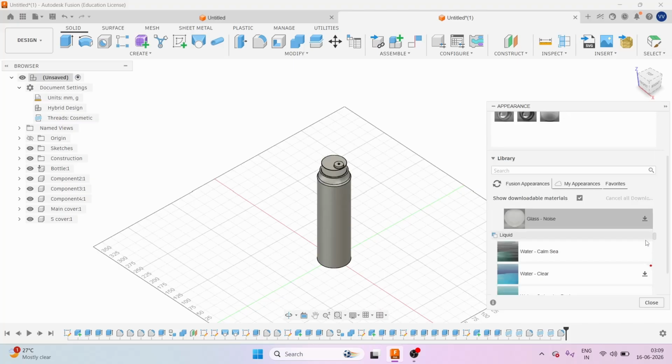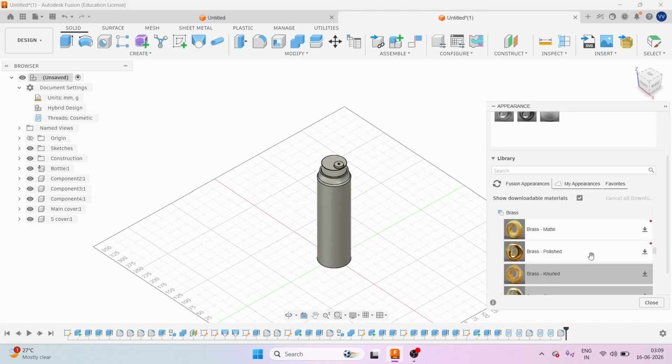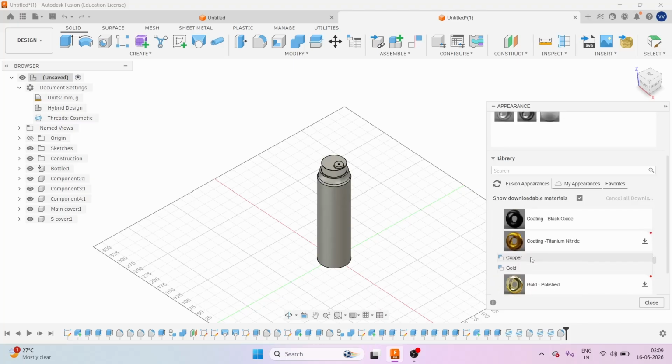So let's look for it. We expand and expand to see the types. So we can use Coating, Black Oxide, and drag it,